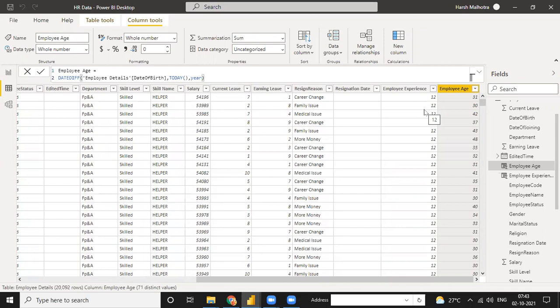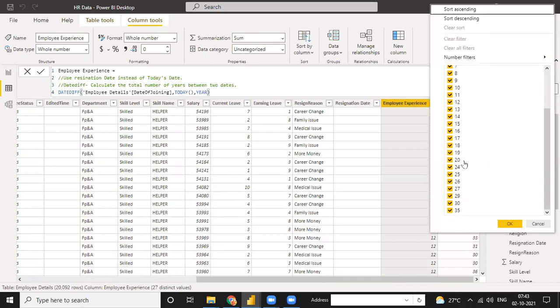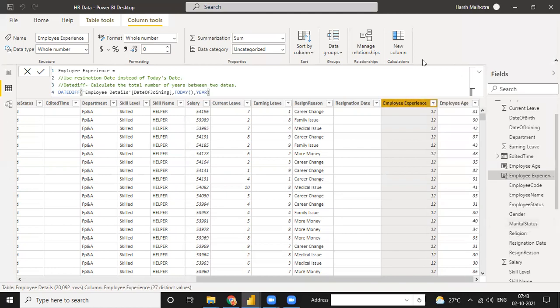And for the next one, I can use employee experience group. So guys, how do we group experience? Because in this data, experience ranges from 1 to 35. But suppose you are working and you have a total of 1 to 40 years of experience, because 40 is the last year of your experience, and 42. Right now it's 35. So if I use it group wise, you just click on new column and add a group.